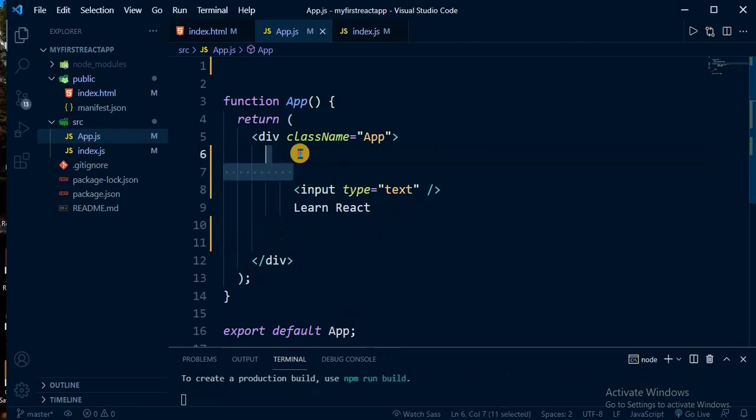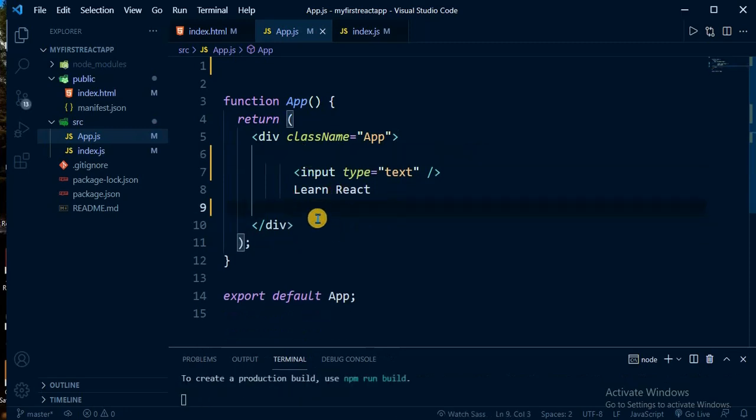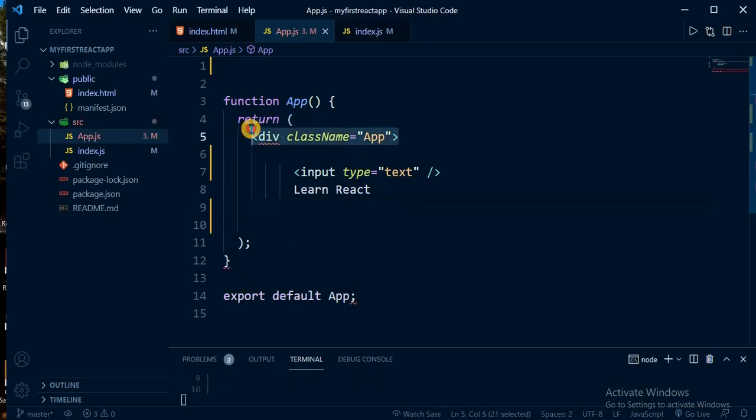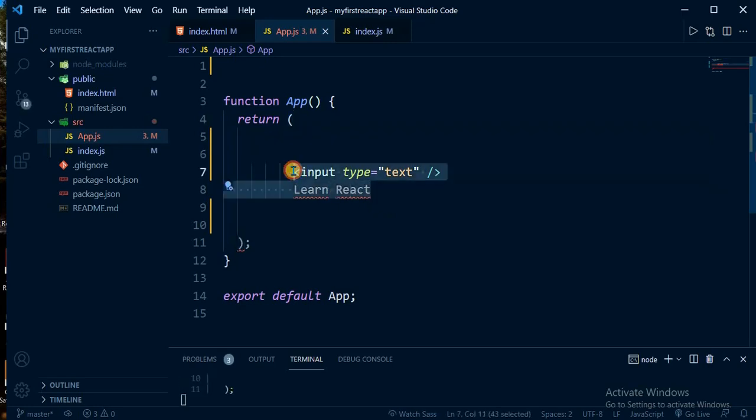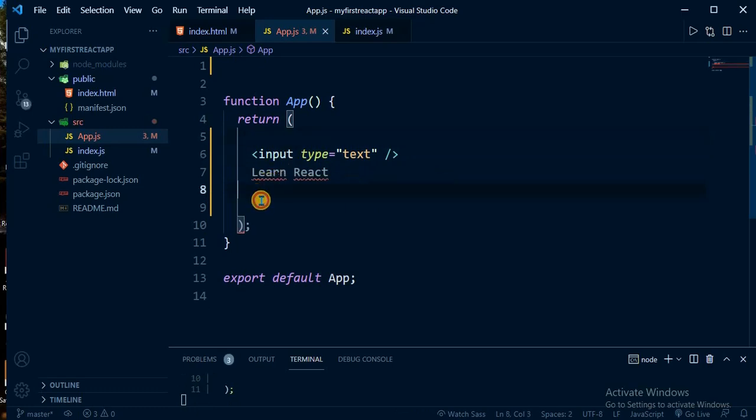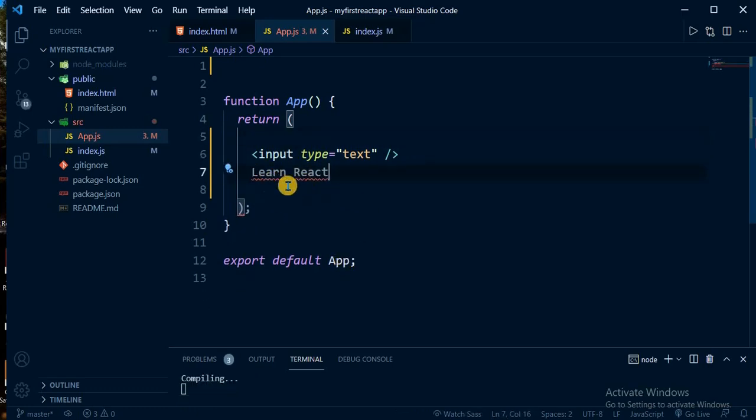Okay, and one thing to notice here is that all the JSX elements that we are using should be wrapped by a parent element. Now here let's remove this div part, and let's bring it like this. Now let's wrap it inside h1.